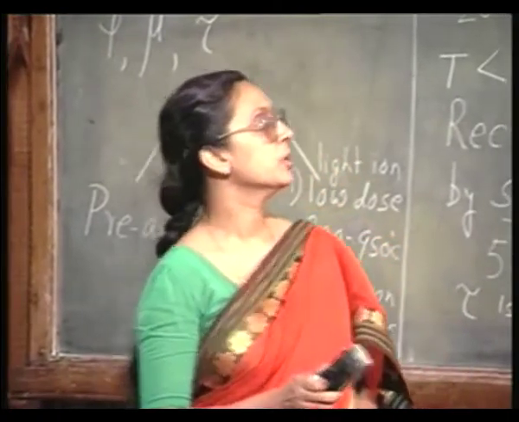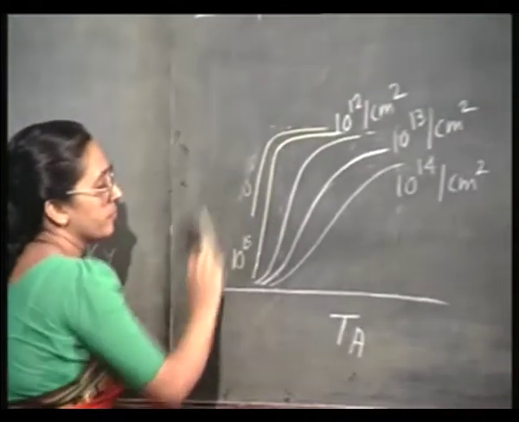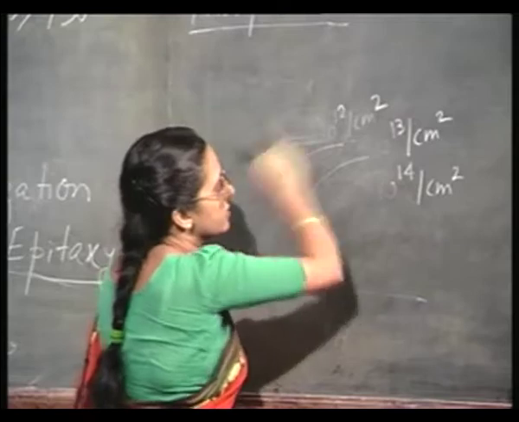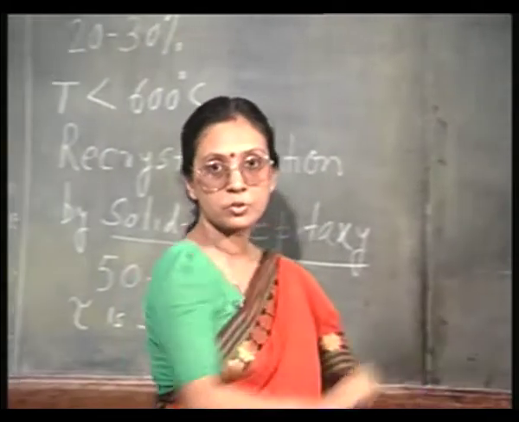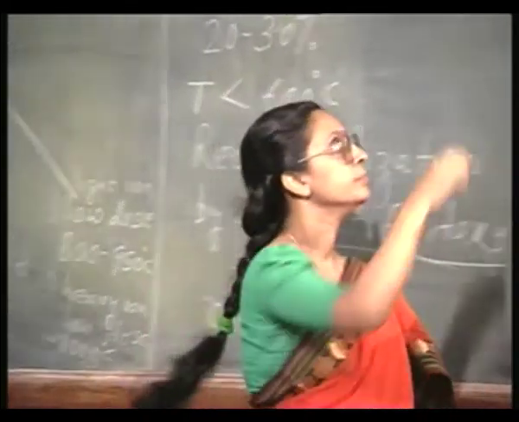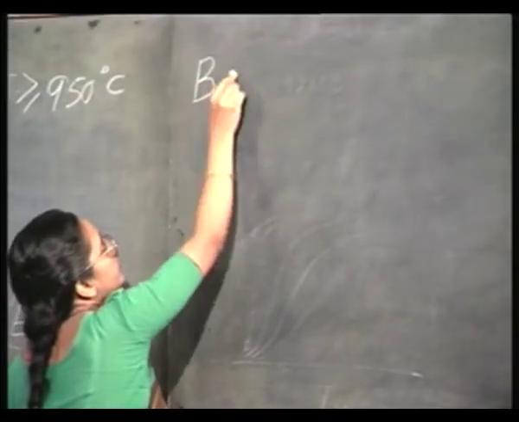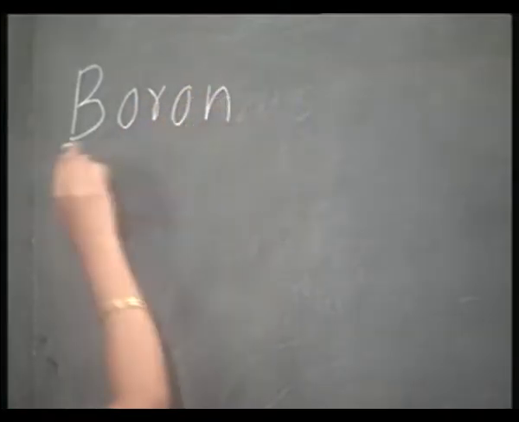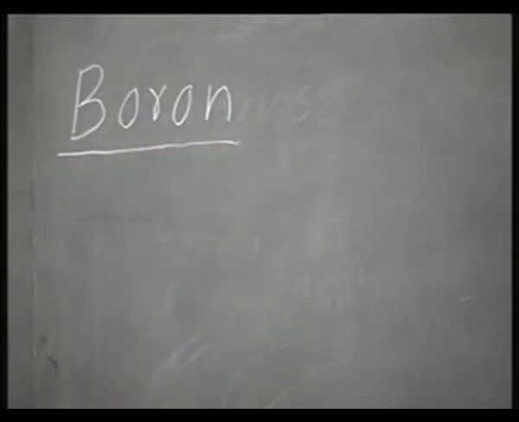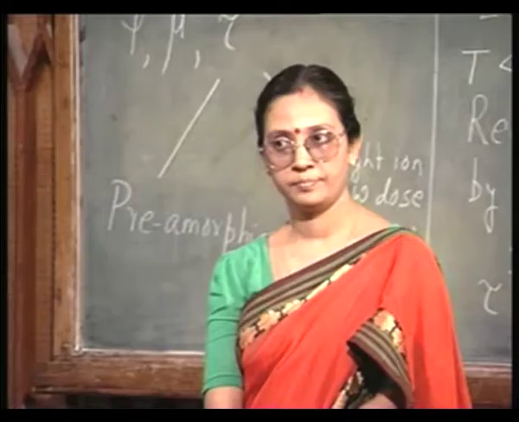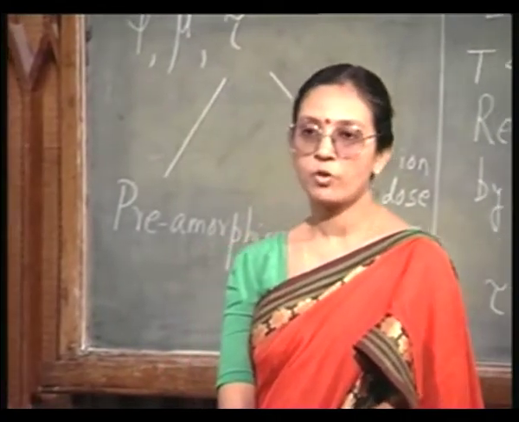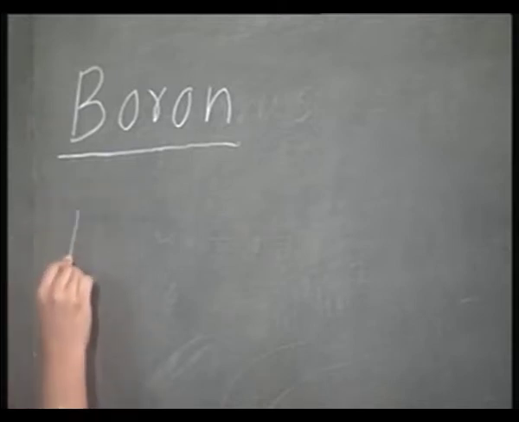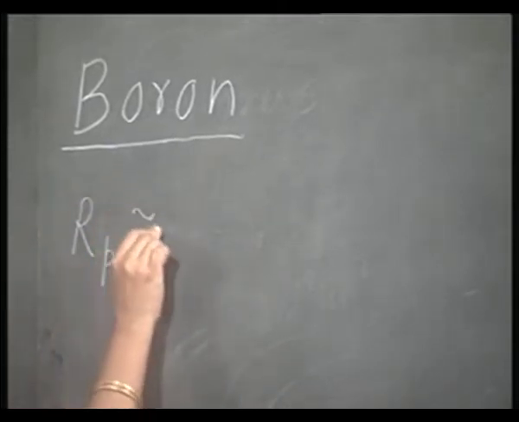Let us now move on to the other important dopant material in silicon, almost the only p-type dopant that is available to us, and that is boron. Now, boron is a light ion. Boron is much lighter compared to phosphorus. So, for boron, Rp is given as